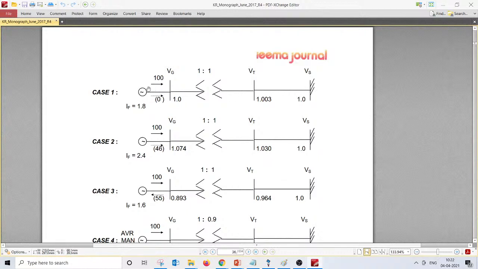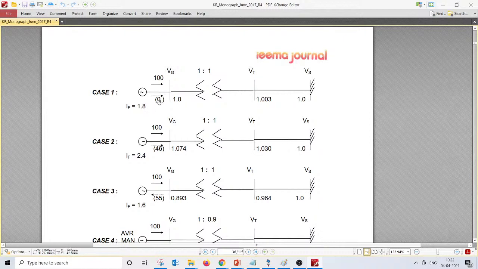The remote end, or infinite bus, has to be assumed like this: a 100 megawatt thermal plant or gas based plant, with a 125 MVA step-up transformer, assuming it is generating at 11 kV or 15.575 kV, stepping up to 110 kV or 220 kV. There is a transmission line, maybe single circuit or double circuit, a long transmission line, and here it has been assumed as an infinite grid with 1 per unit voltage.